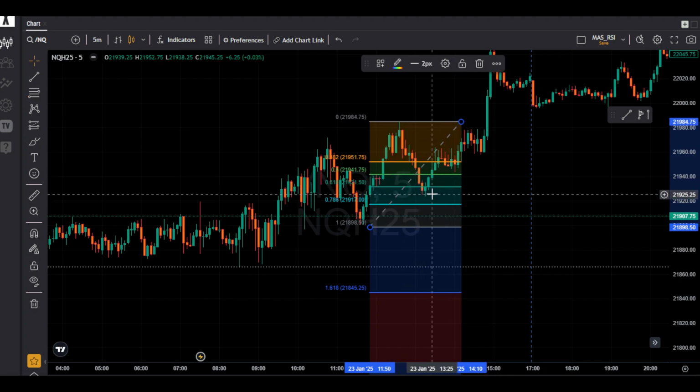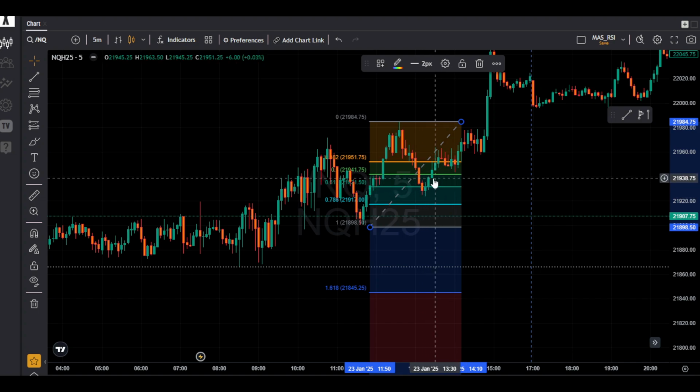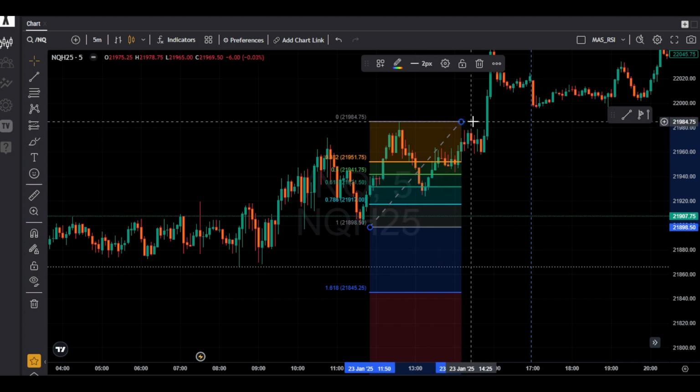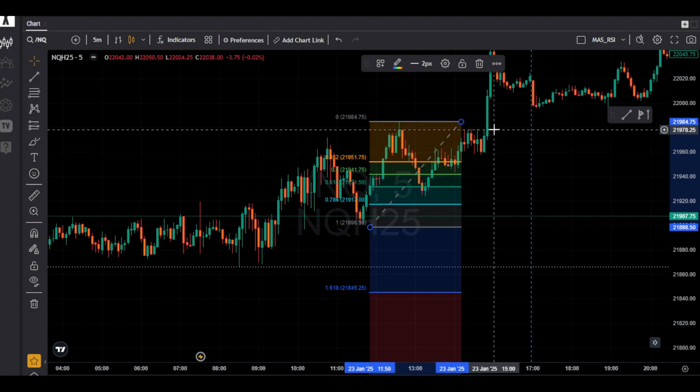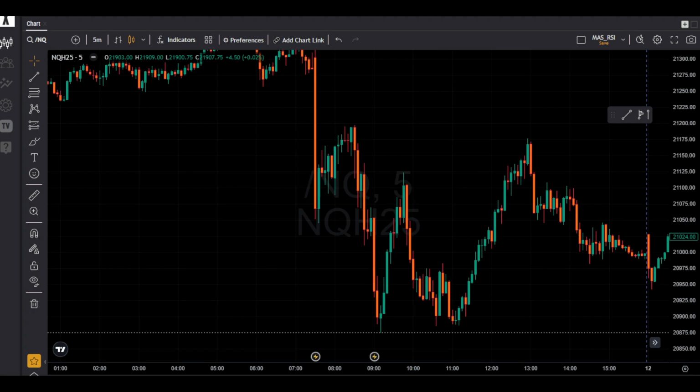If you're not comfortable taking a trade at this candle, just wait for the strong bullish candle. We enter over here, target again this high, which is 0.0, and beautifully it hit our TP. So this is a clear example of how it works. Now I will show you two examples for sell setups, and after that I will go over the conditions when it does not work, and those are the setups that you should not take.